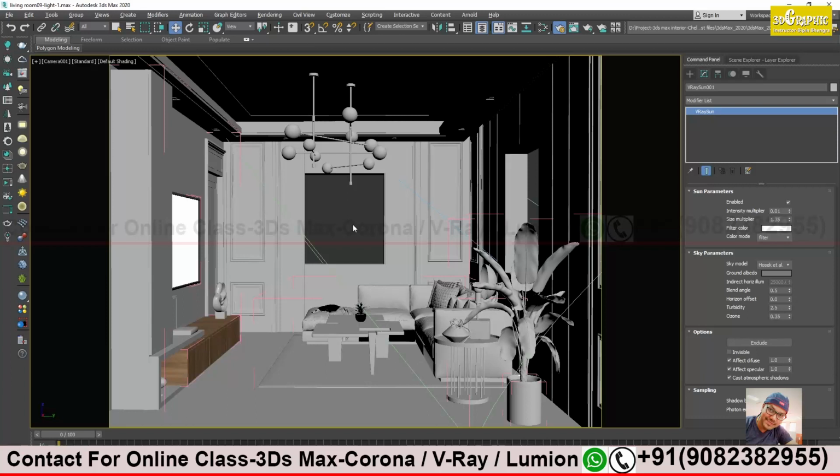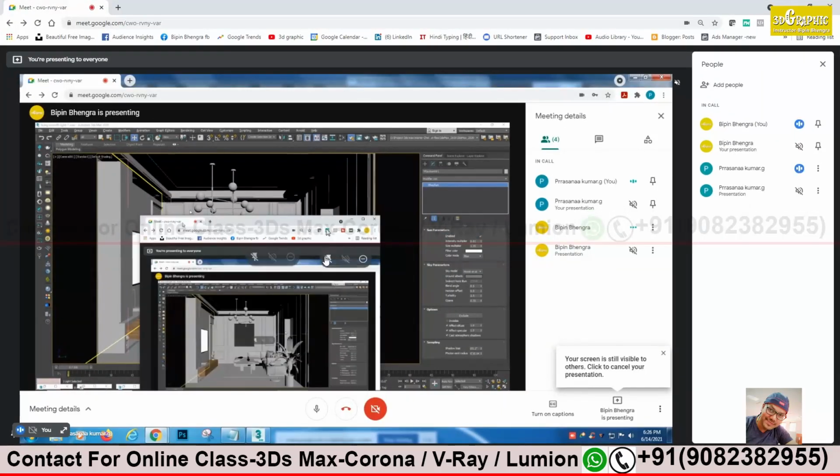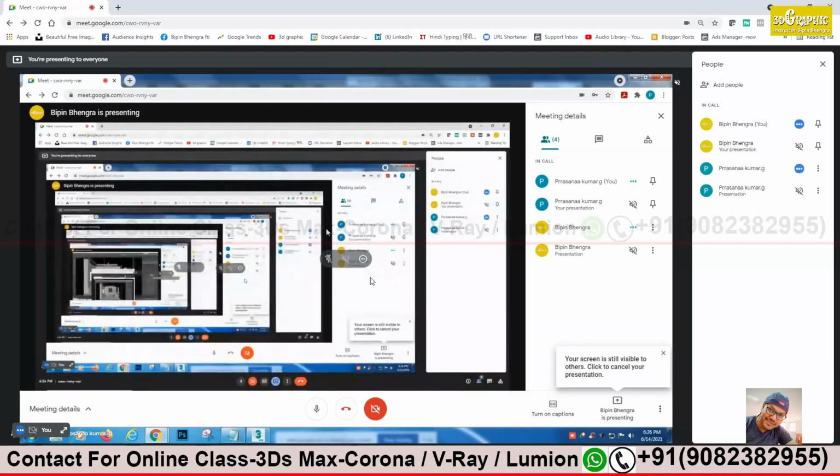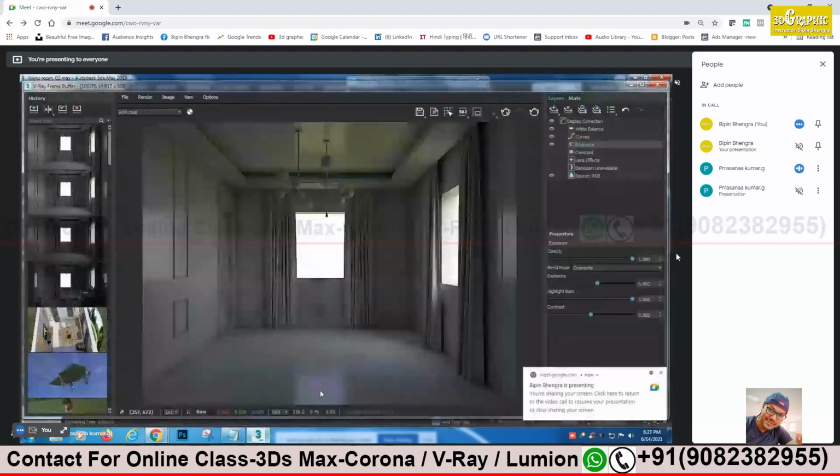See, a bathroom has no outside light coming inside, and even in some living rooms the window is not there. For example, there's a wall over here and only one window. What is the option to get that light inside? Then we have to take it from interior lights. So we should avoid doing daylight and give a proper evening light. No point of giving the daylight. That is how we have to decide.